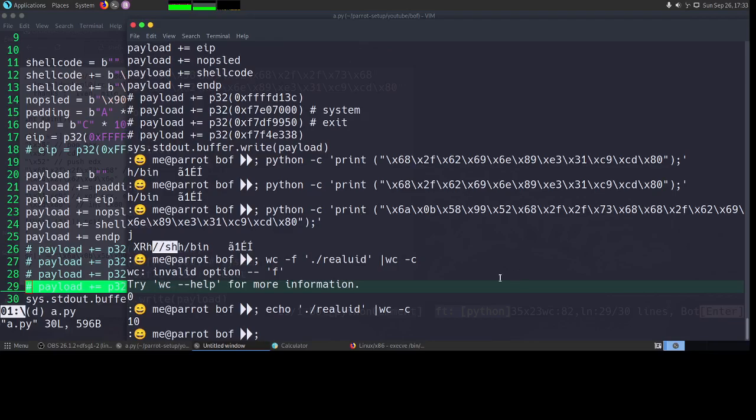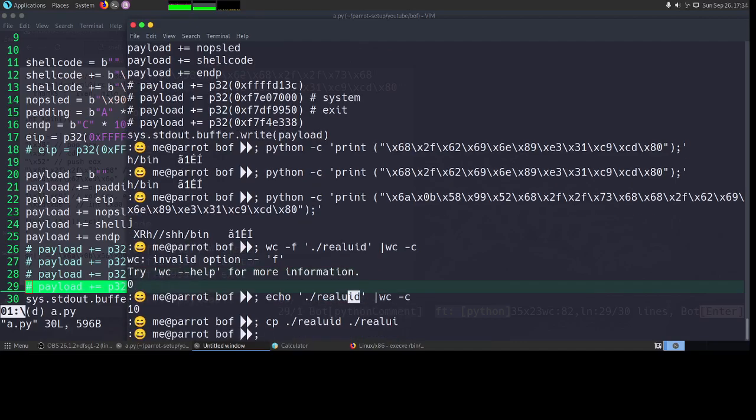So what we can do is remove the last 2 characters of this. So I will copy this dot slash real UID to dot slash real UID and then remove this 2. So now if you see 1, 2, 3, 4, 5, 6, 7, it was calculating for the slash n. So we just need to remove 1.